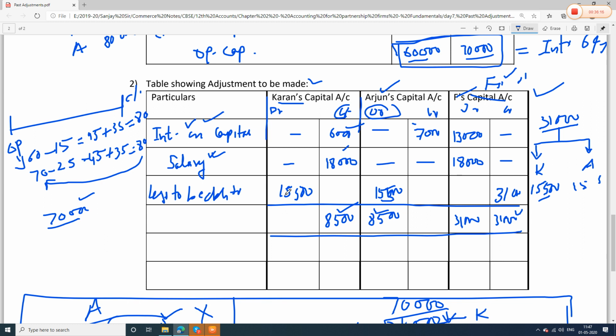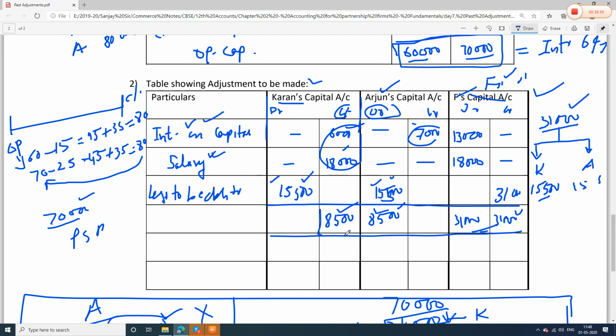We will take the amounts which we were supposed to pay in the last year, or which we forgot due to commission error, as a total loss, and then we will distribute it among the partners in the profit sharing ratio. So the total of this plus this 7,000 is coming to 31,000. You distribute 31,000 among the partners and debit their amounts like we did in this case. Now your firm account will get closed, tallied, and then whichever side is more you will debit. See, Arjun's debit is more by 8,500, so we will debit his capital account.